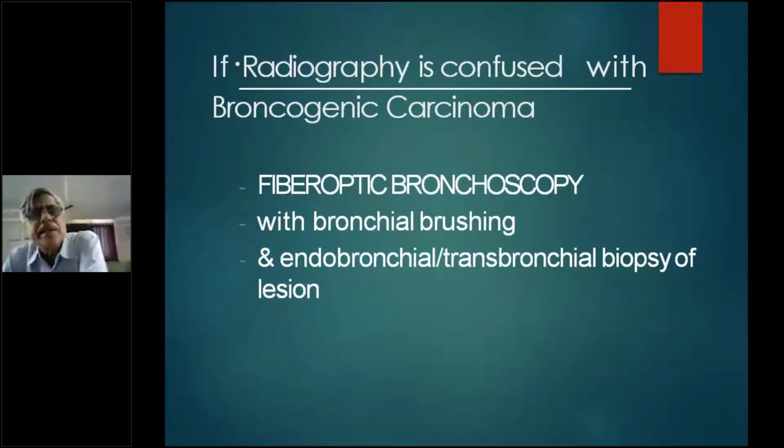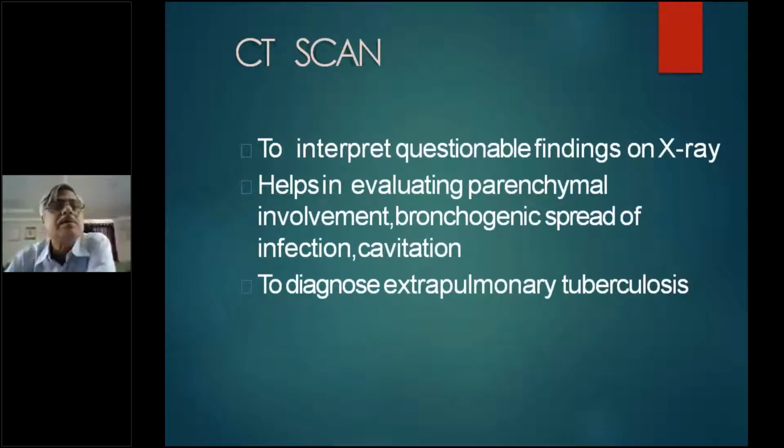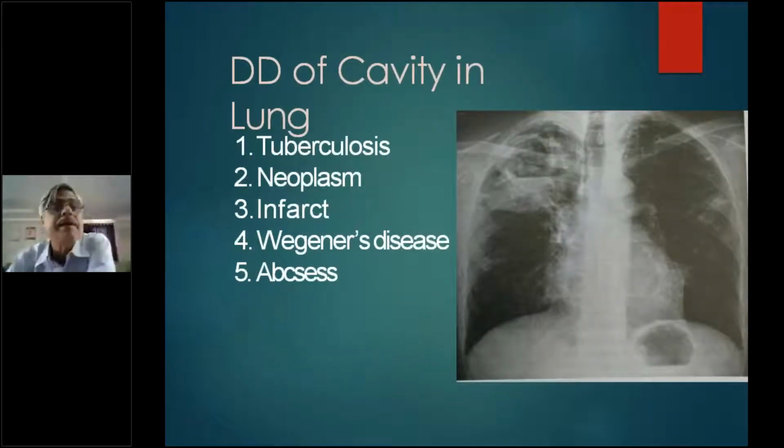So just by seeing a nodule, or just by seeing infiltrates, or a cavity, you cannot say it's a case of pulmonary tuberculosis. What is more important is sputum microscopy, or of course CBNAAT, and other tests; these are also important. Lung cavities may be due to neoplasm, pulmonary infarction, granulomatosis, lung abscess, tuberculosis, secondaries, like that.